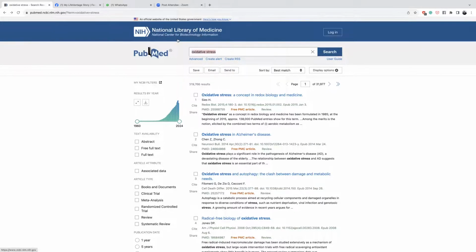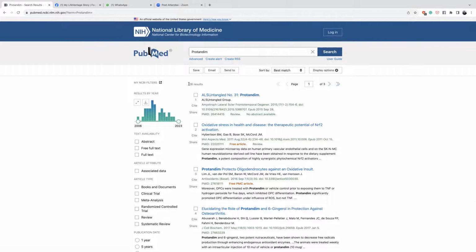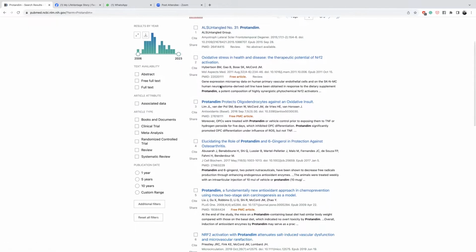So then our product that we want to talk to you about, how you fight oxidative stress, if you put the name of that product into the National Library of Medicine, you'll see that there's actually about 32 studies, but there's 28 that have been published, peer-reviewed and published, so they're on the National Library of Medicine. So each and every single one of these is for something different. So this is looking at oxidative stress and the therapeutic potential of Nrf2 activation in health and disease, longevity of life, the effects on MS,